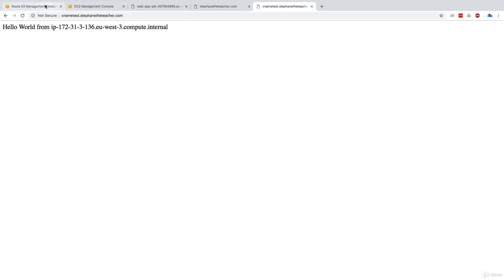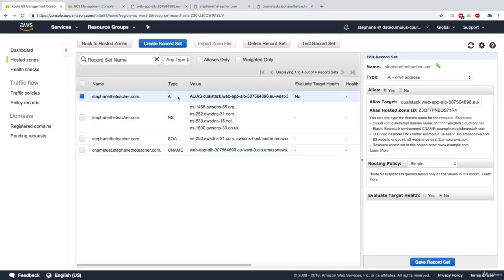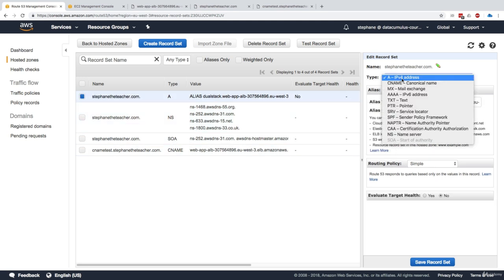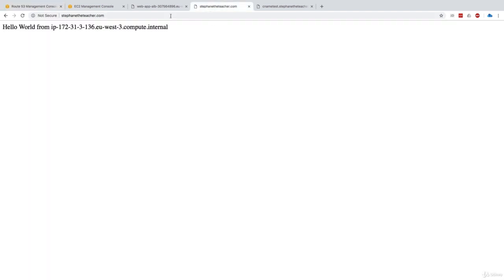What I want to show you is that through Route 53, we're able to set up all the records we need: A records, CNAME records, alias records, and whatever you want, as all the records are available for you. But you just need to understand how Route 53 works, and how it can be used to point to AWS resources and have URLs that are much friendlier to use in the future. So I hope that was helpful, and I will see you in the next lecture.